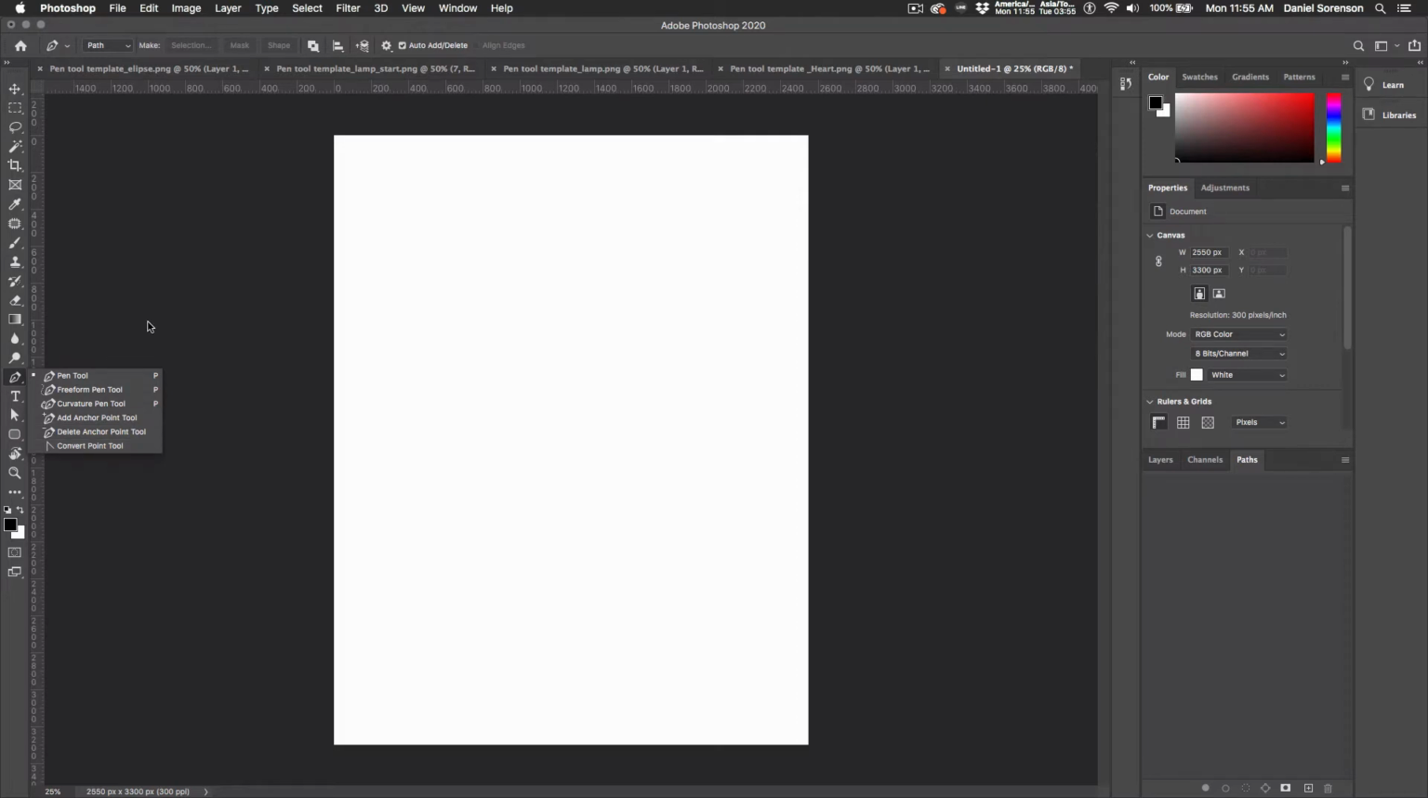The pen tool works by creating paths. The paths are made up of anchor points. Of these three, the most useful is the pen tool itself. When you are in the pen tool, you need to make a couple of choices up here in the options panel. One thing is if you're creating a path that you're going to use for making a selection, make sure